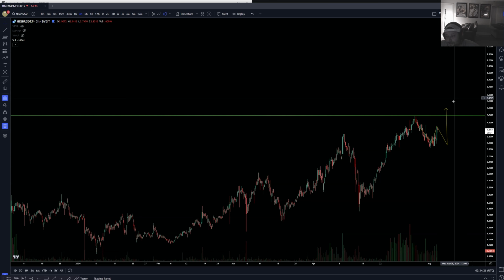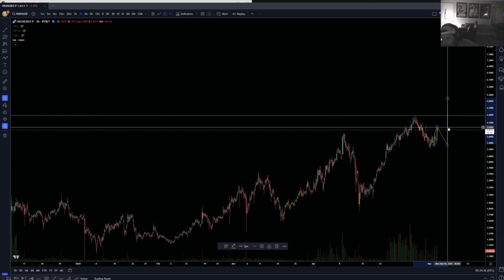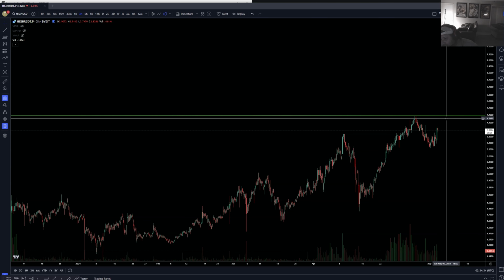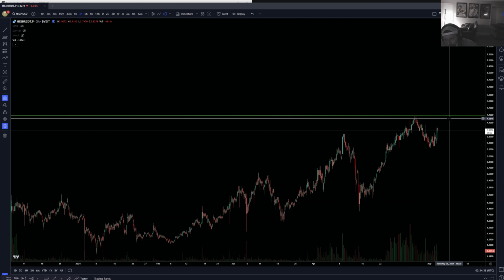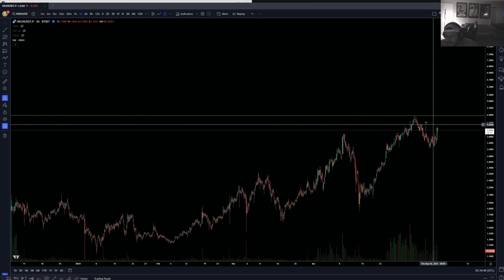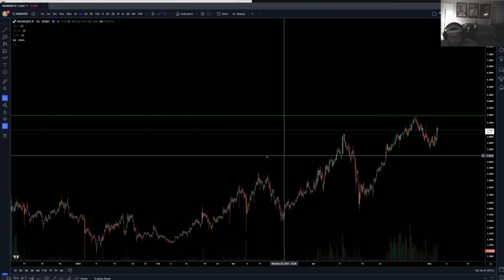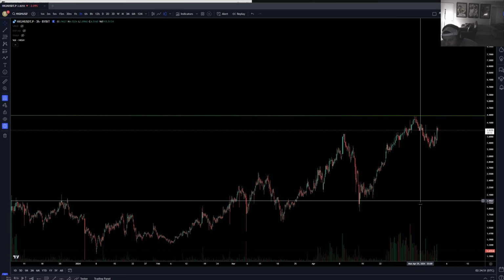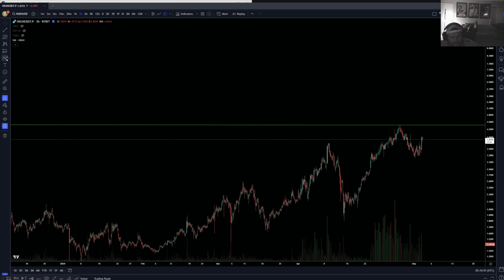But I personally don't trade the breakouts of these cup and handles unless I see a backtest of it. I'm not going to buy the top of something. Longing these breakouts and shorting these bottoms is the same thing as buying the top and selling the bottom. I really like to be on the other side of that 90% of the time. I want to be buying support and shorting resistances. But if we do have a breakout of that,